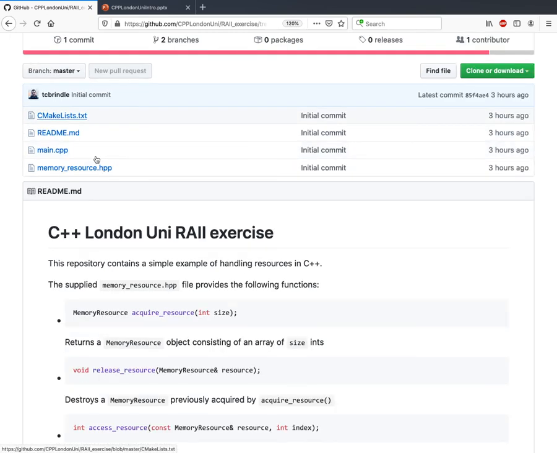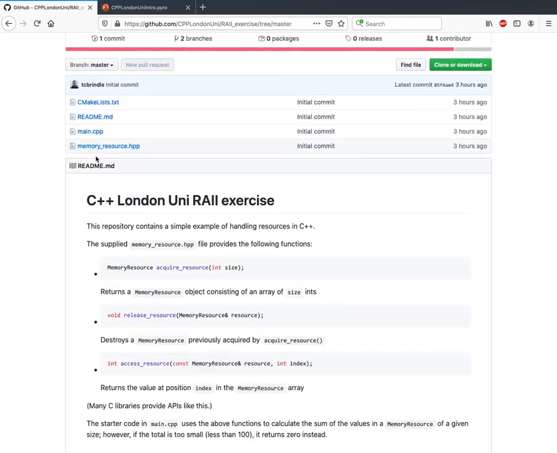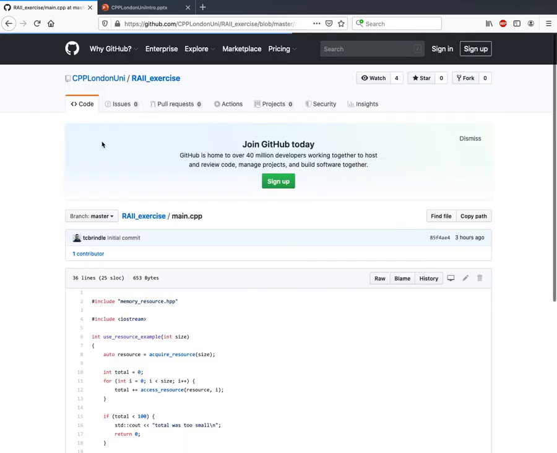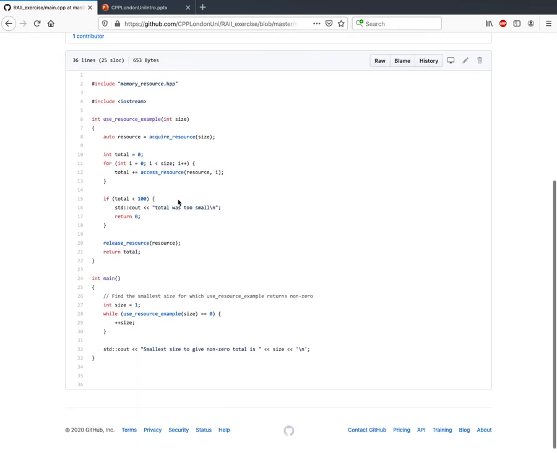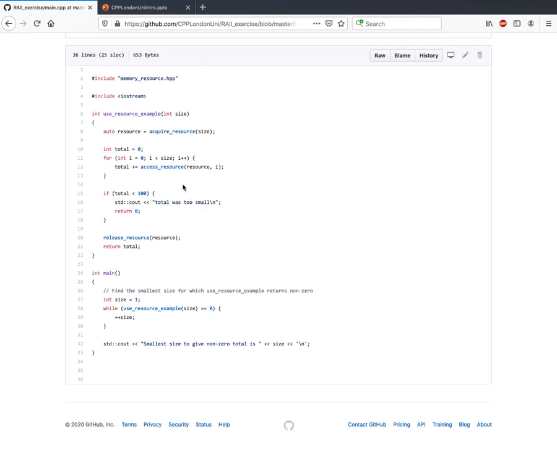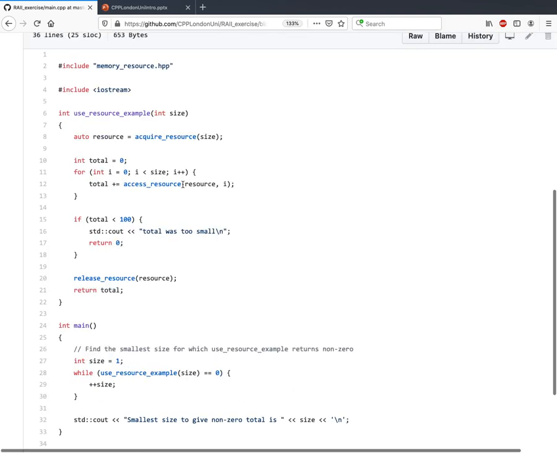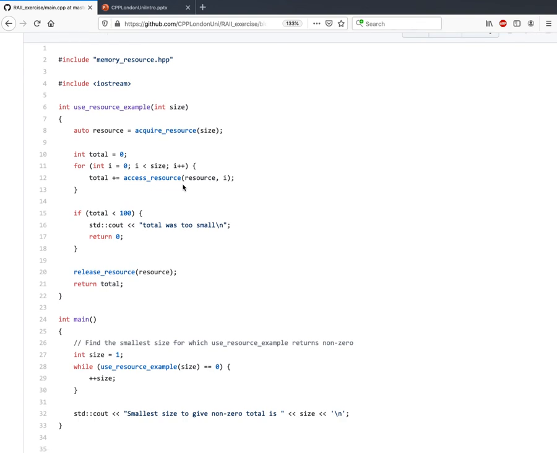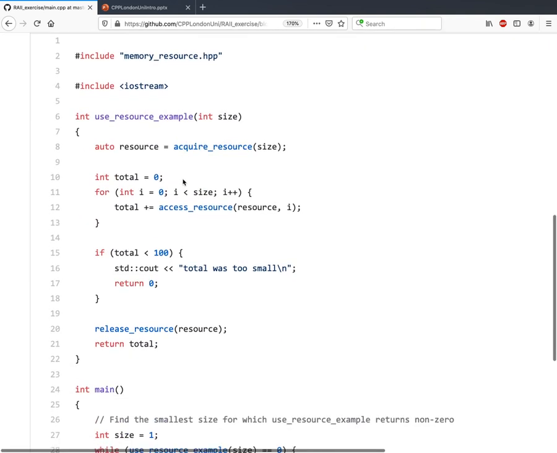Let's take it down a little bit. Okay, I'm not going to go over the answers now, but just to give you a little bit of a hint. So this is the function that we are looking at. Bump it up one more. There we are.